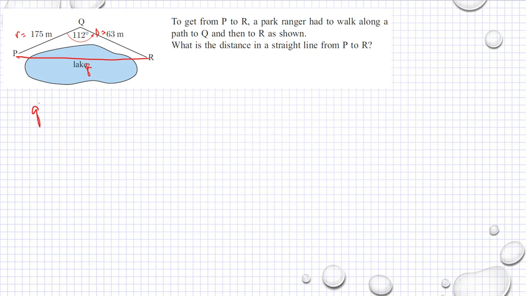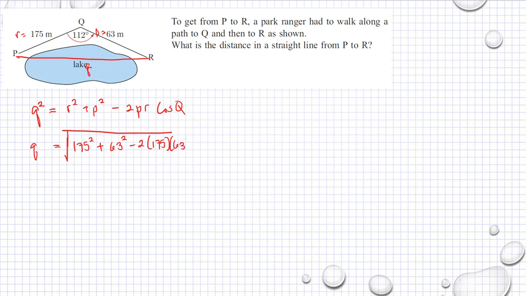Then we have Q squared is equal to R squared plus P squared minus 2PR, or RP cosine Q. Then we have Q is the square root of R is 175 squared plus P is 63 squared minus 2 times 175 times 63